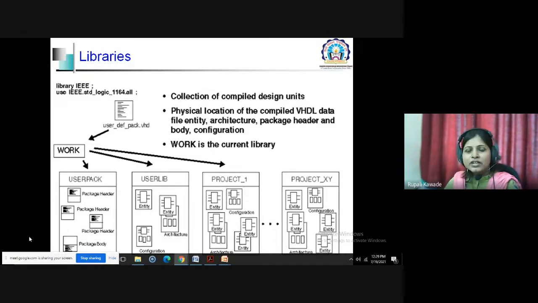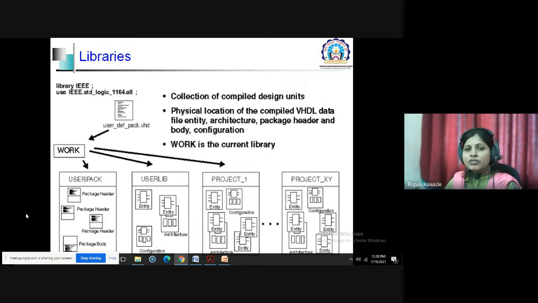Fine. So we have started with the different design constructs of this VHDL, in which we have seen the different data objects like signal, variable, and constants. Then we have seen the different modeling styles or the basic building blocks of our VHDL code, that is the entity and architecture, how to write architecture using different modeling styles. Then what are the different types of statements present in VHDL, like concurrent statements and sequential statements that we have seen. Also, we have seen the packages that are available in VHDL and how to write a package body or the package declaration.